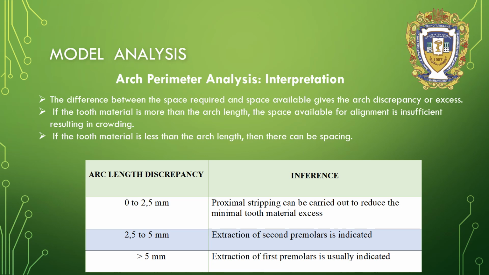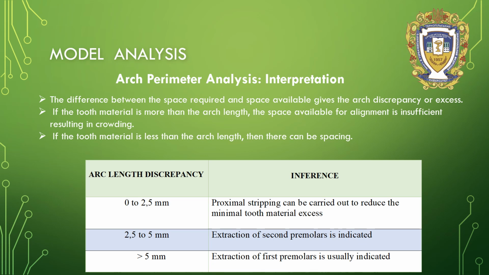On this table is shown the interpretation of results. If the arch length discrepancy is from 0 to 2.5 millimeters, we can correct this by proximal stripping to reduce the minimal tooth material excess. If the arch length discrepancy or deficiency is from